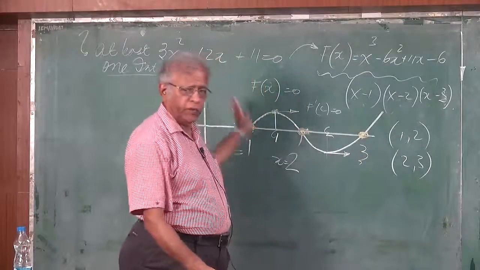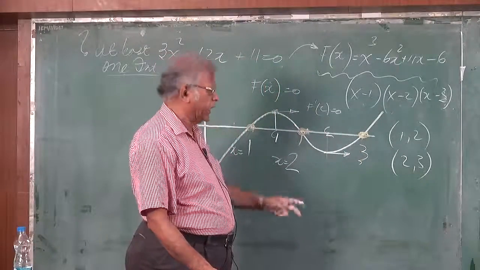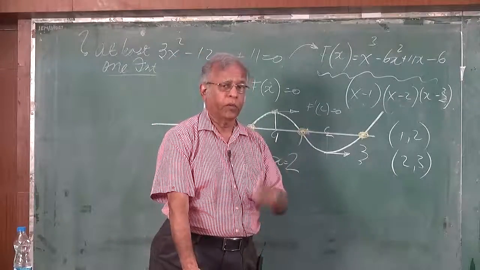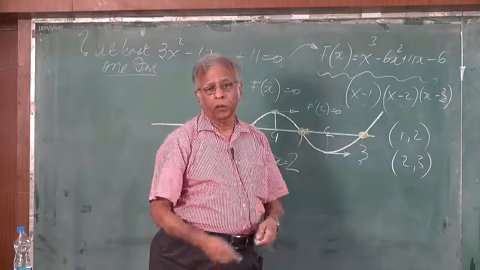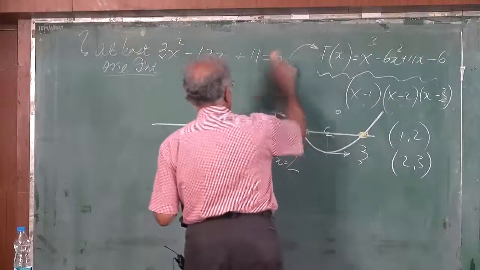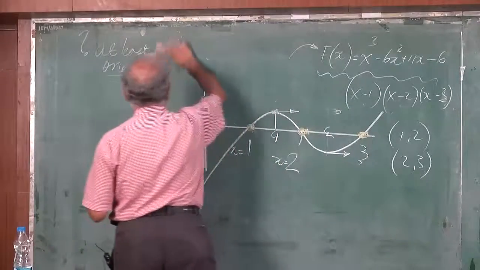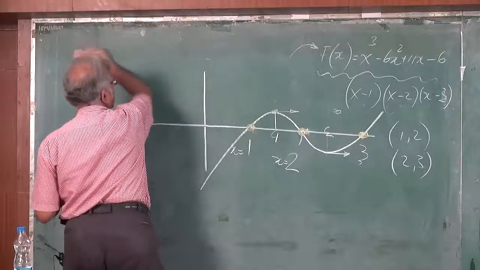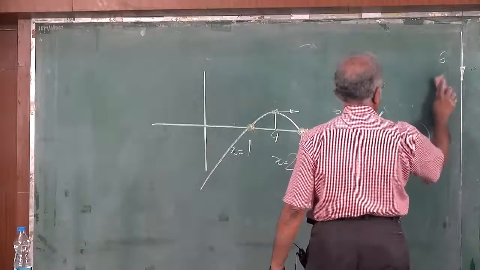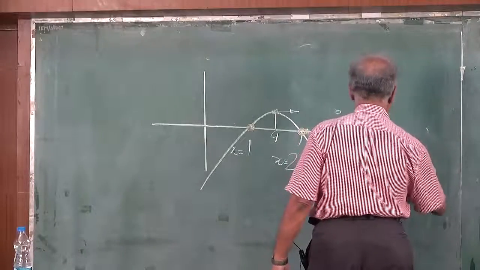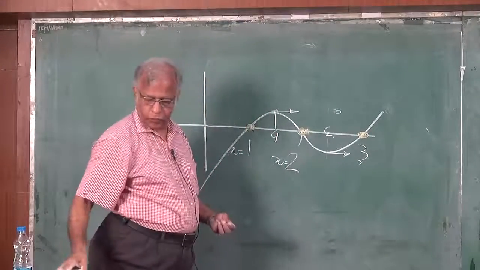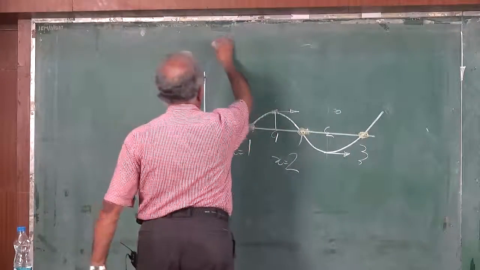In fact, we will solve this equation by a very elementary method and see that the C1 and C2, which we are asserting to lie between 1 and 2 and between 2 and 3, indeed turn out to be so. So you just rub out this, keep the diagram as it is. To solve this equation,